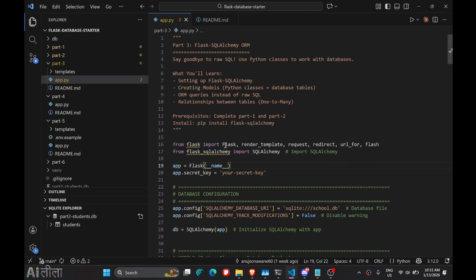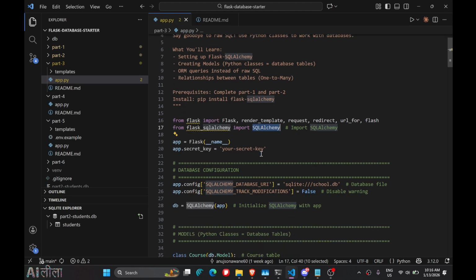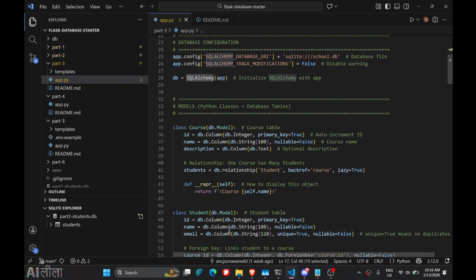Okay, so what do we have here? We have imported few packages. We have Flask as usual and Flask SQLalchemy. And from SQLalchemy, we are importing SQLalchemy. Now, SQLalchemy is one package developed by some of the third-party programmers to make queries easier. All right, and if we just scroll down, we can see that